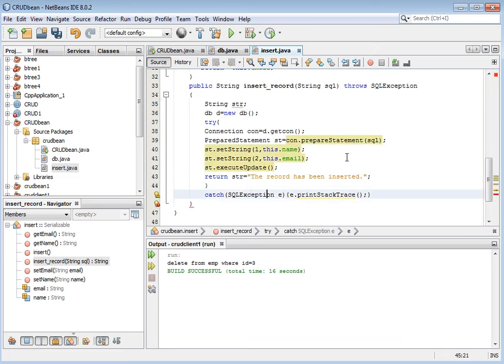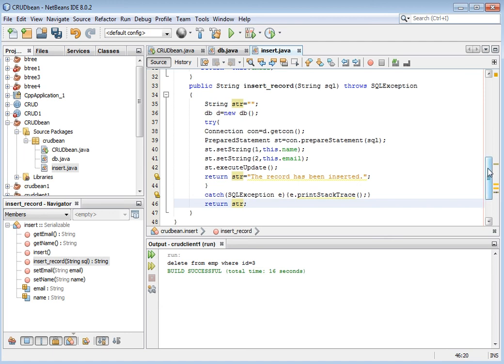We catch the exception, and e.printStackTrace, and this is throws SQLException.